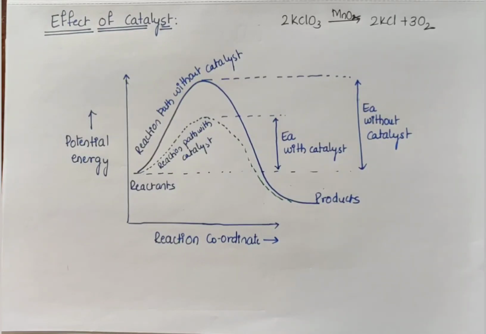So, the effect of catalyst on the rate of the reaction: reaction speed is generally increased whenever I make use of a catalyst by providing an alternative path for the reaction. So, this concludes this topic, chemical kinetics.